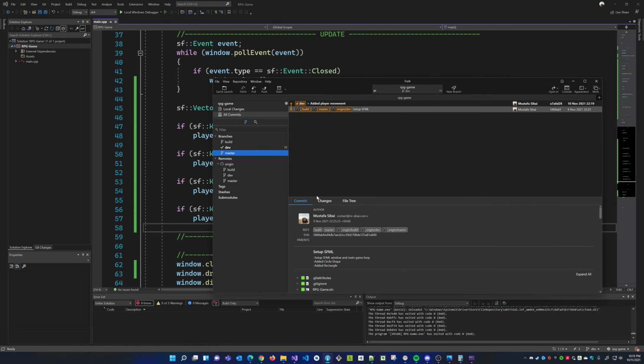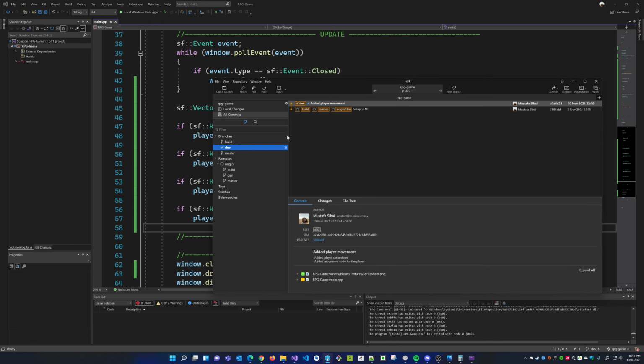There's 1 arrow here. The 1 arrow means that I haven't pushed this code online. There's a single commit that I haven't pushed online, and the arrow is pointing up, meaning push. If it's pointing down, it means pull. It means there's code you haven't pulled from the cloud. This means the new commit that I did, I haven't pushed online.